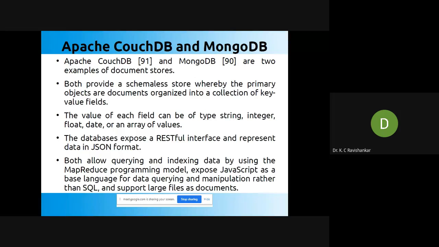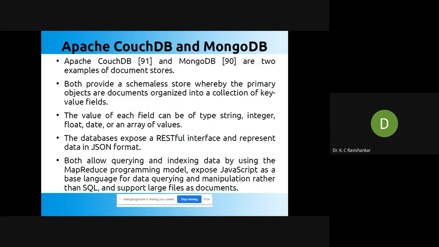Map and reduce. There are two major operations in map and reduce. Map the data to subkeys, and later collect all the keys and values which are similar or identical, and then combine them together. That is a reduction operation. We will see some examples related to this in the next hour.